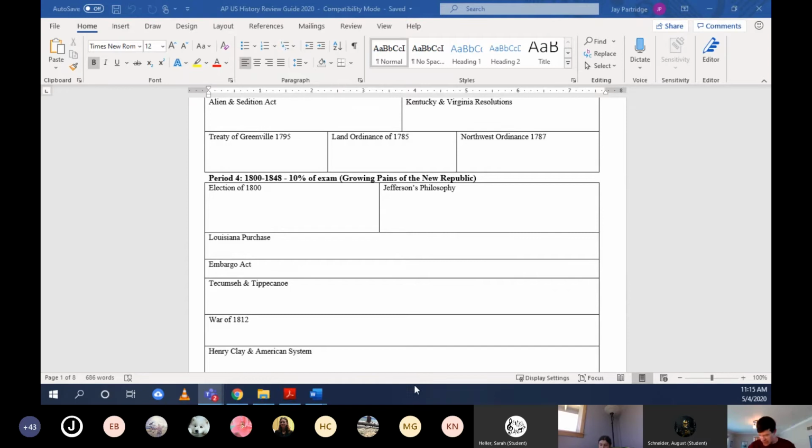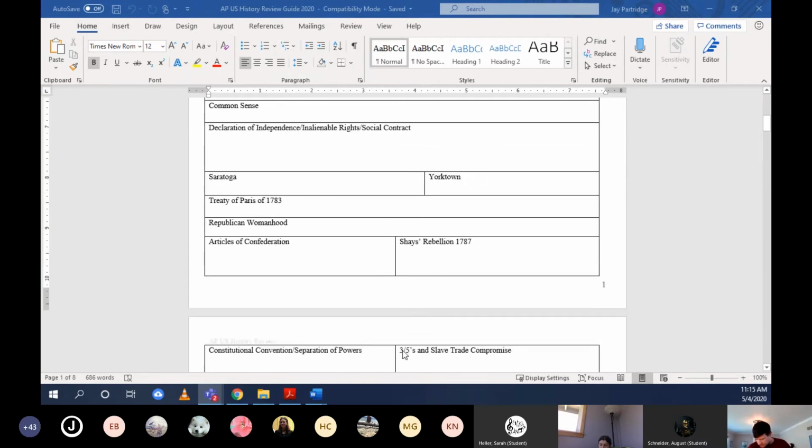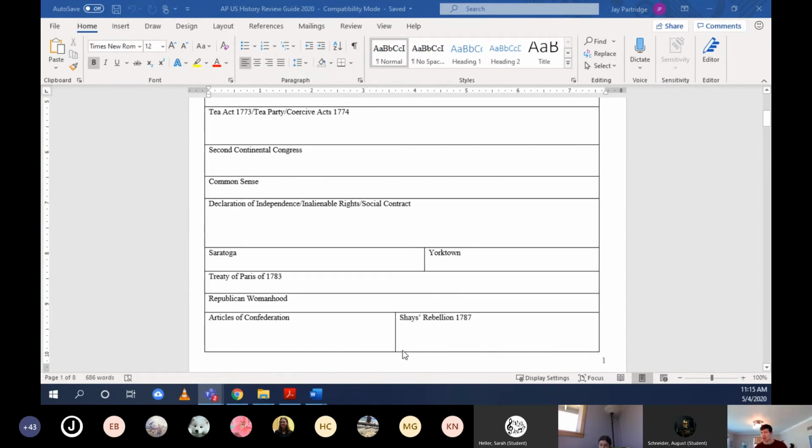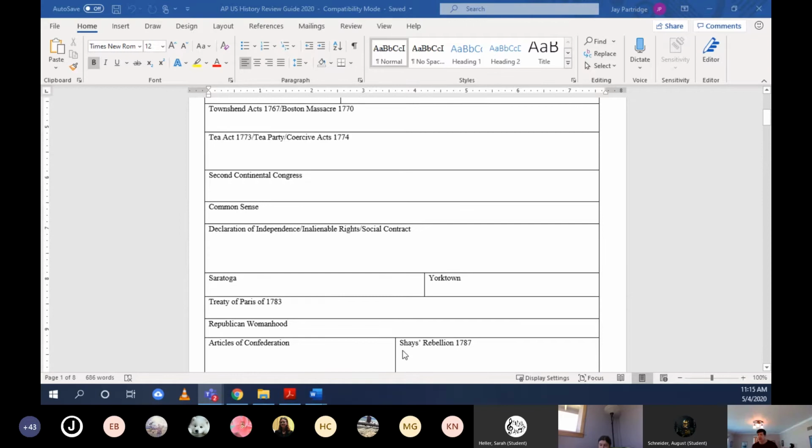Next one, let's get to Yorktown. Let's go up here. Yorktown, so about three-quarters of the way down the first page, Yorktown. Yorktown is the last major battle of the Revolutionary War, where Washington, and remember, half of his army were French, so Continental and French forces surrounded the British under Lord Cornwallis